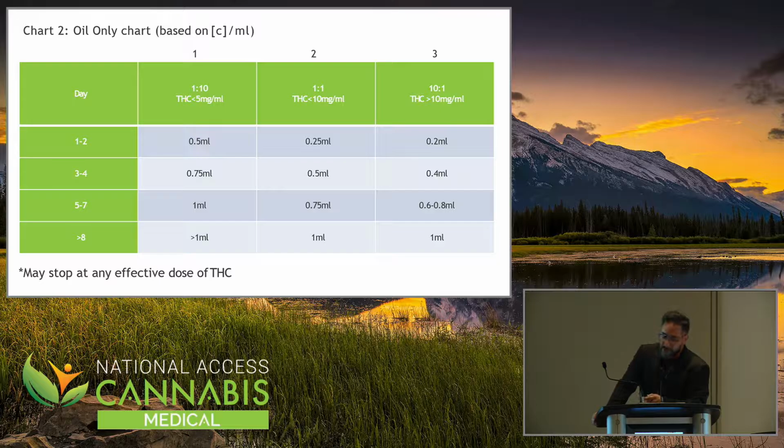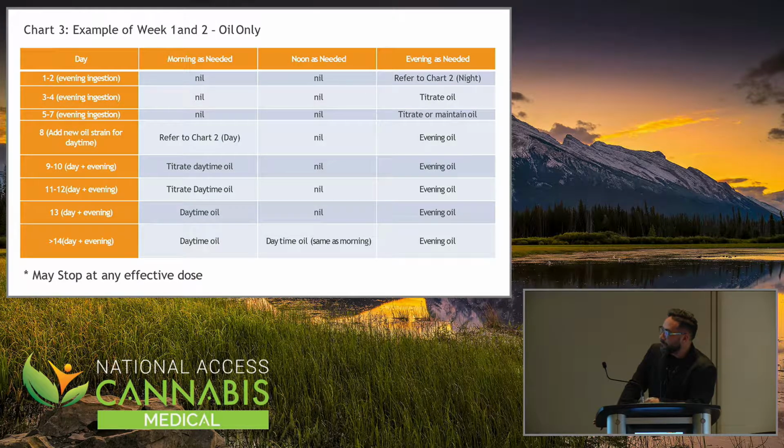Which column would you start with? Pardon? Which column would we start with? We'd start with 1, because this is the column for somebody who's using less than 5 milligrams THC. High CBD doesn't matter. We want the high CBD. This is basically your high CBD strain, high CBD lane as well. Starting point. Good. And then you're going to titrate again, day 9, day 10, evening,